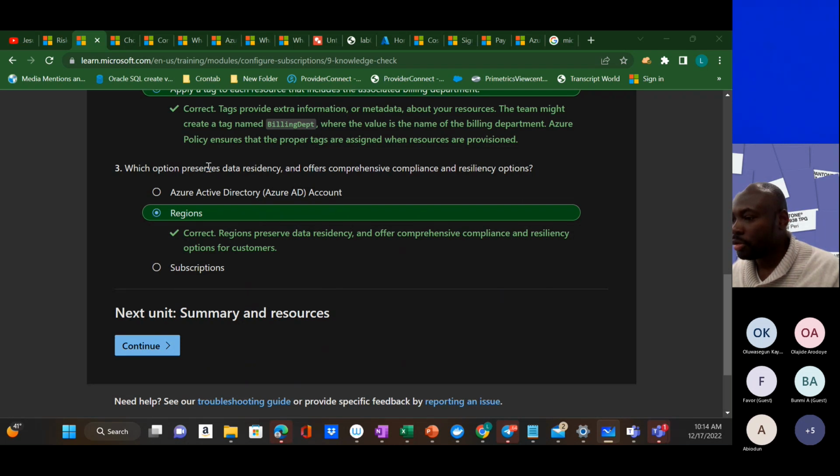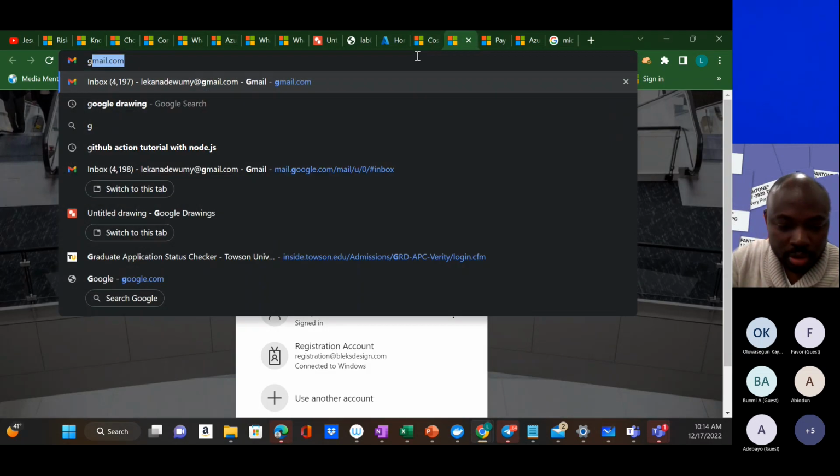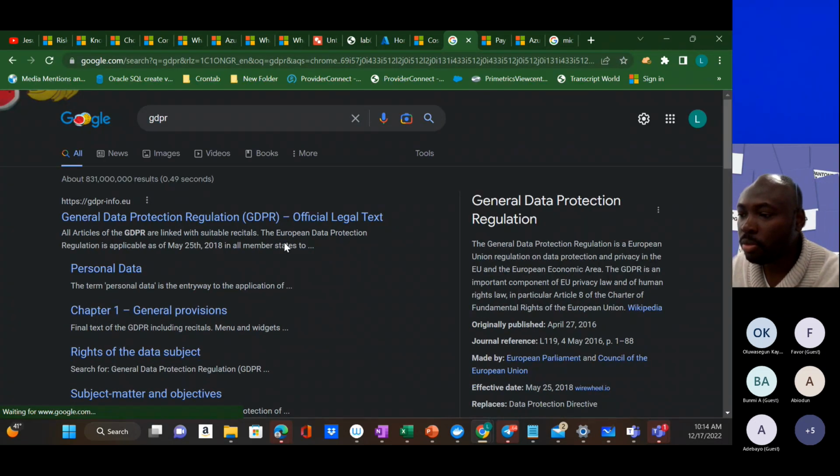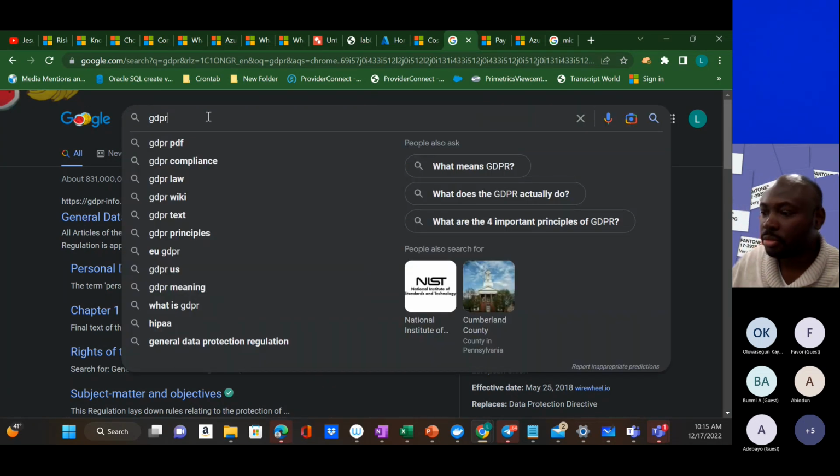Then your data is stored within a region. Okay, so to preserve data residency, you want to remain compliant. There is the European Data Compliance Framework, GDPR. This is very important. So for those of us that are living in the UK, please read up on the GDPR, because if your organization